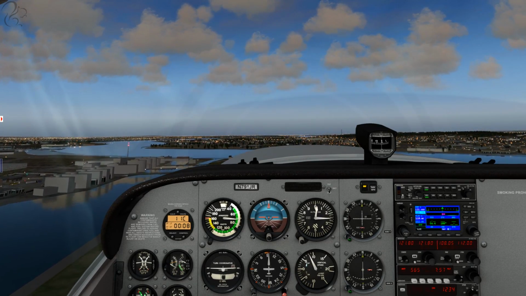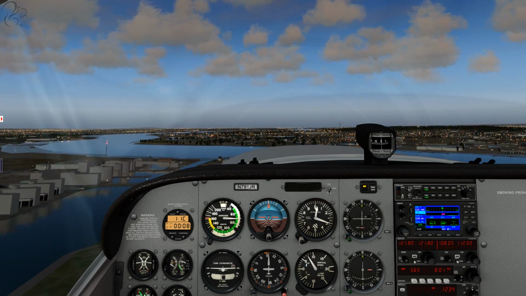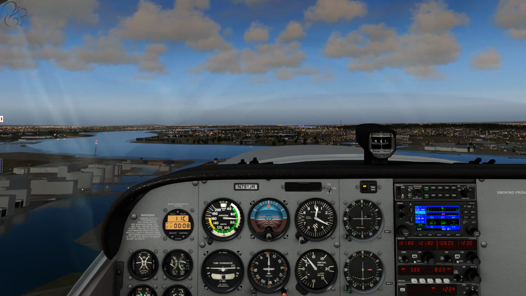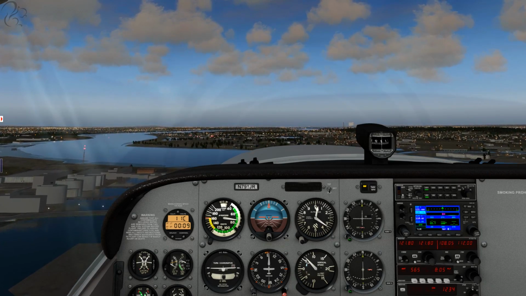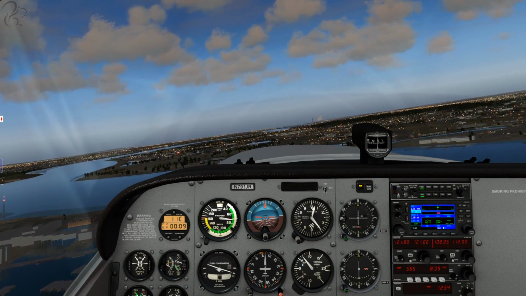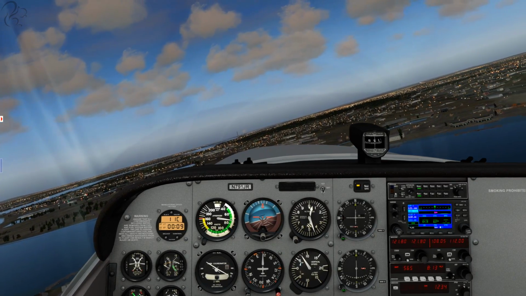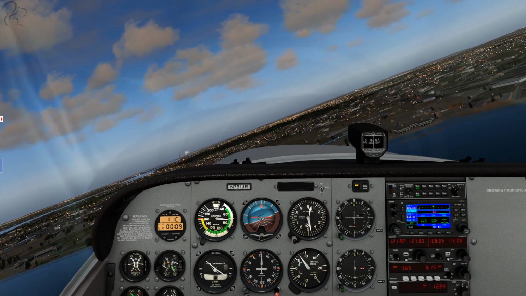And then we're going to bank right. I'm not going to raise the flaps until we've finished our bank. I want to get up to about 800-900 feet, something around that mark. We need to be at least that height because there is a cable car system that runs right next to